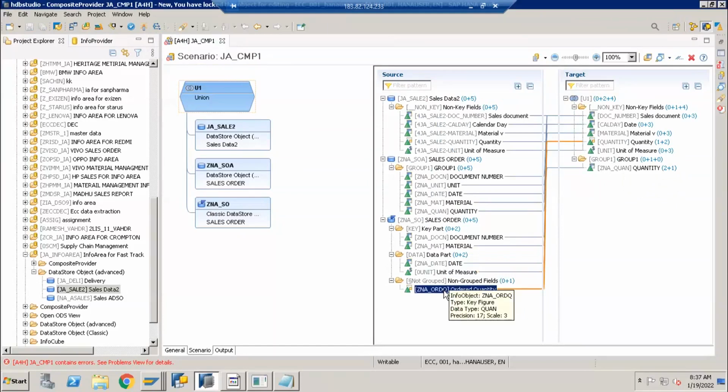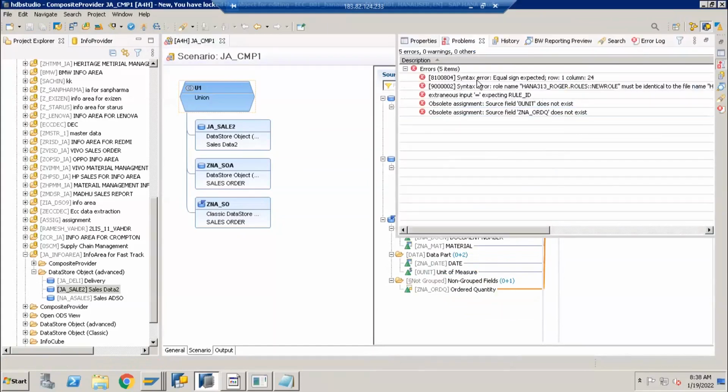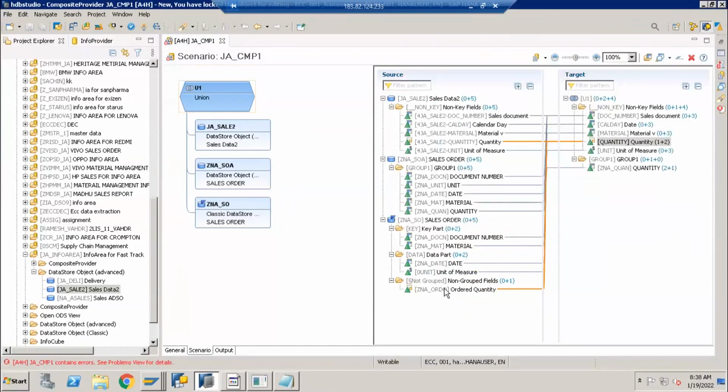Why? We mapped it, right? Syntax error. Source ZNA does not exist. Okay, maybe there is some problem when I am mapping with this order quantity. Why? This is of type quantity only. This is of type 0 unit only.